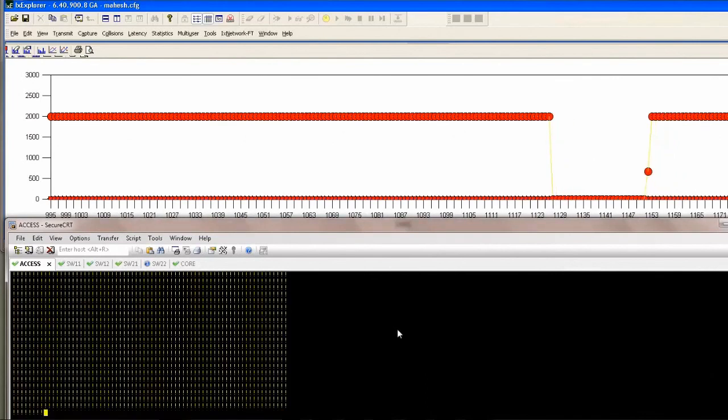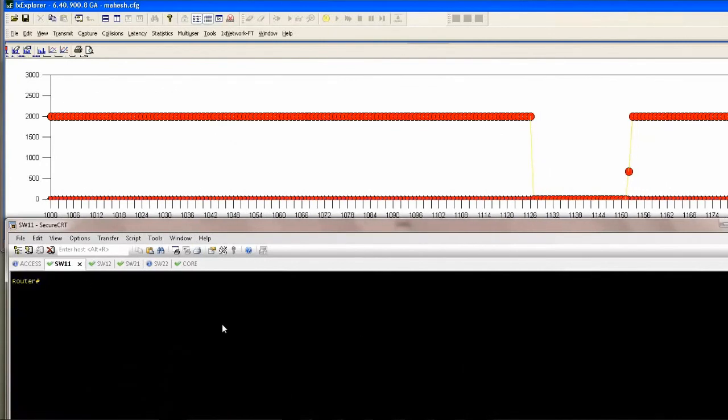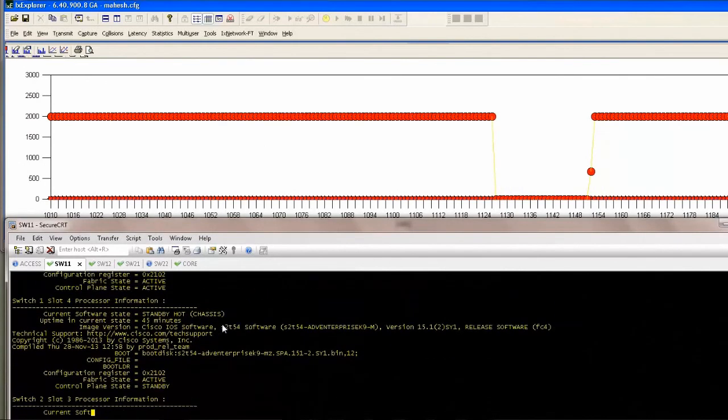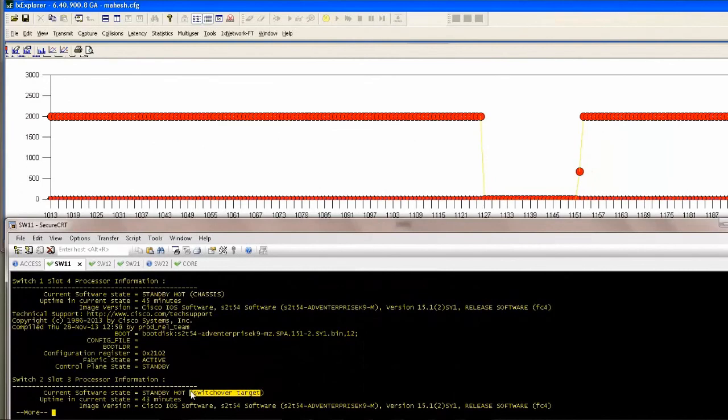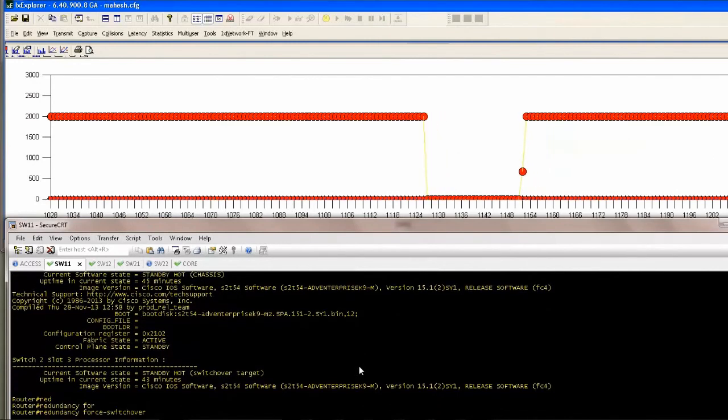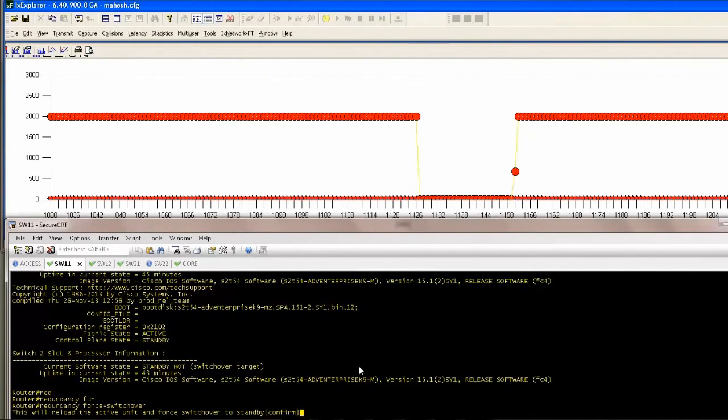So with the pings running, let's do a supervisor switchover, and prior to the switchover, let's check the VSS status. So switch 1 slot 3 is the active supervisor, and switch 2 slot 3 is the switchover target supervisor, and that's the supervisor which takes over when the switchover happens. So the command to initiate the switchover is redundancy force-switchover. So once the command is executed,